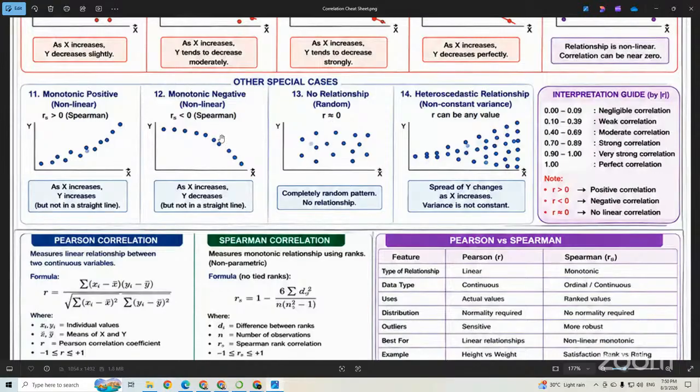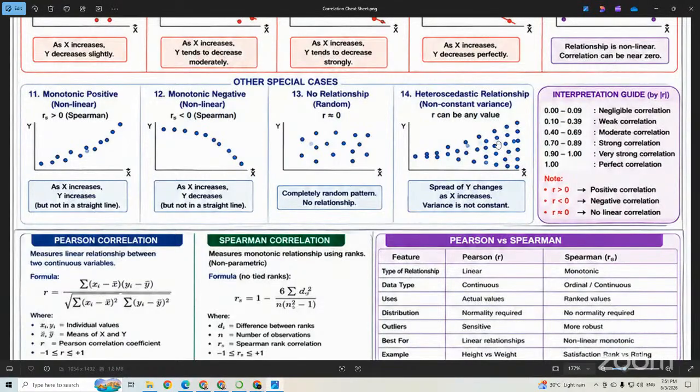So here we have only the Rs greater than or less than. According to that we have monotonic positive or monotonic negative. If the value of r by using the Spearman correlation method is equal to 0, it is a completely random pattern, no relationship. And when you import the dataset and visualize the scatter plot,